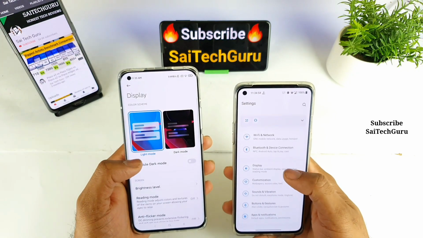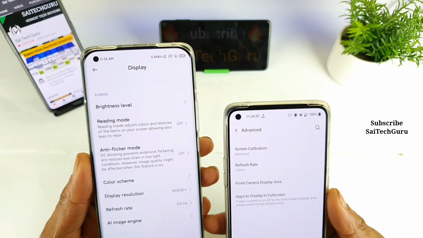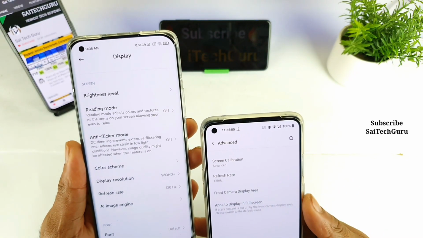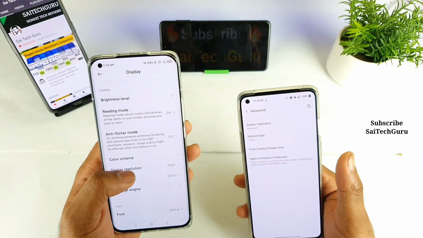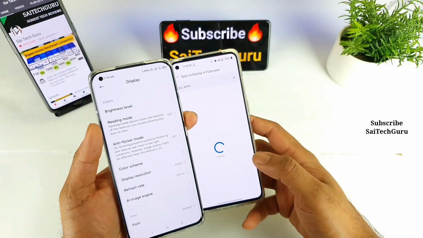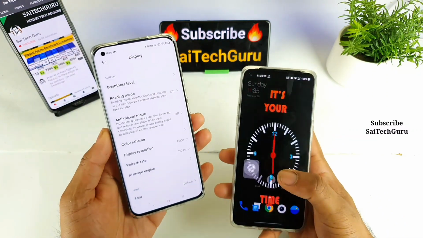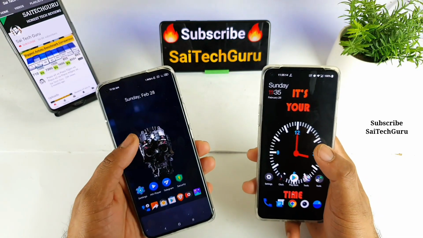Before starting the video, you should know which refresh rate I am using right now. As you can see, friends, both are at the 120Hz refresh rate. They have been selected. For the PUBG game, let me select 1080 resolution, because some games are not supported at Quad HD resolution, so it's better to change the resolution to full HD just for testing this PUBG game. So let's see what the difference will be.